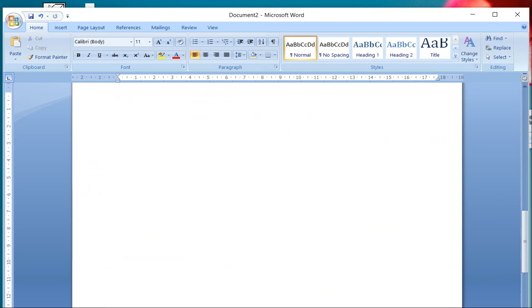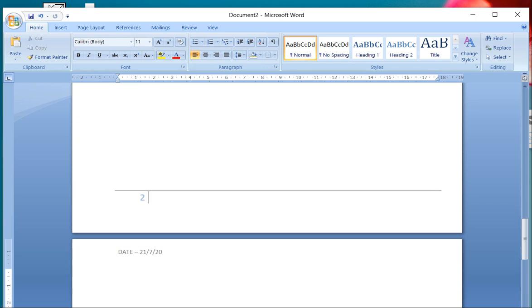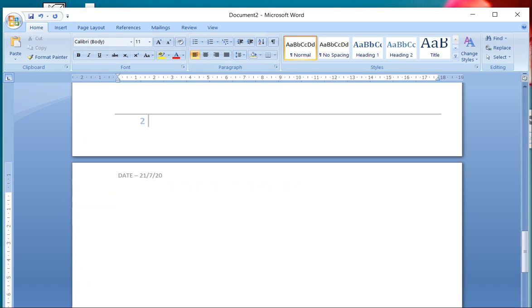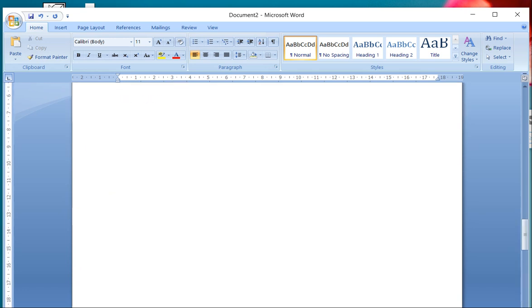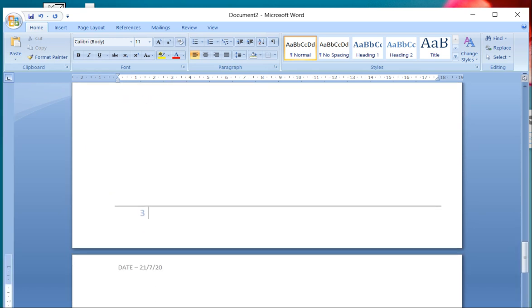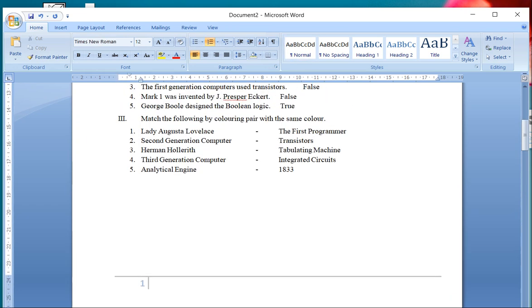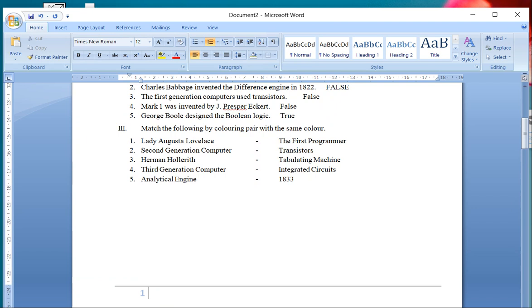Let me show you where my second page is. Can you see? This is my second page number. If I'm writing so many things in my Word document, it takes four to five pages. So once I have added the header and footer in my Word file, the same page numbering will continue until I finish all my documents in Word. Understood, students? How to add the header and footer into our pages?